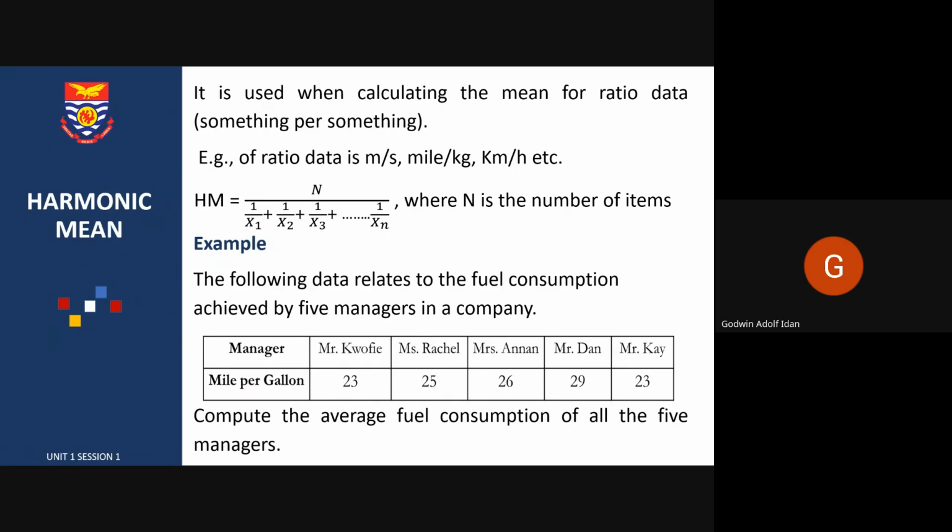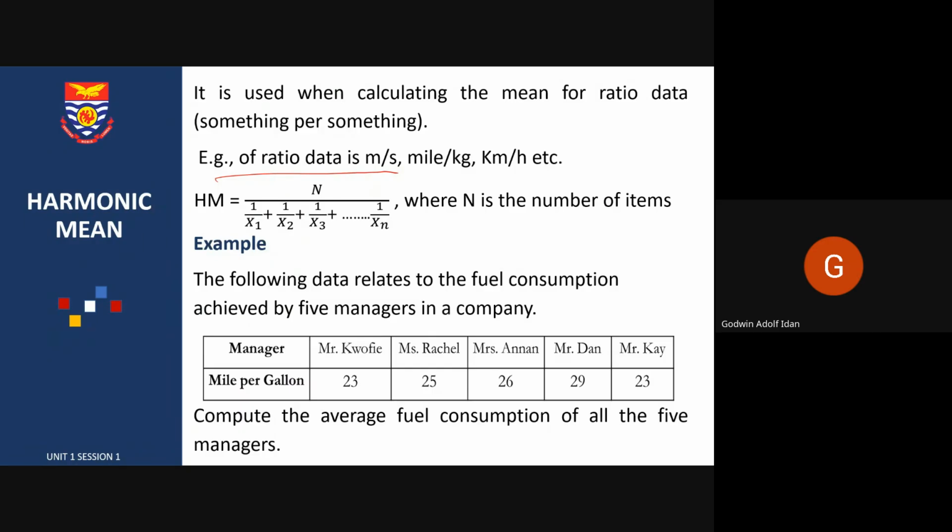And so whenever you have proportions like this, then you can now rely on the harmonic mean. And so, for example, when you have values that are given in this proportion form, like